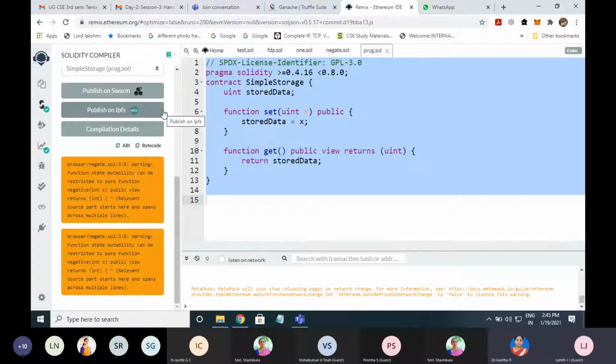So that is one drawback in the Ethereum blockchain. To overcome this drawback, there is a decentralized database to store the data, the InterPlanetary File System, IPFS, wherein from the user you can read the data and store the data in IPFS. In turn, IPFS will return the hash value.